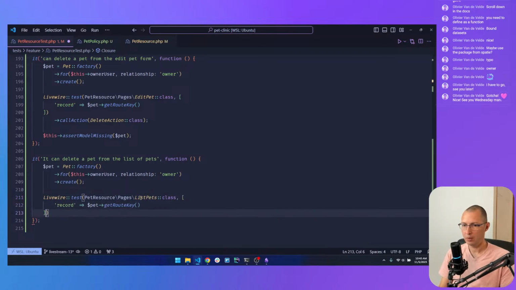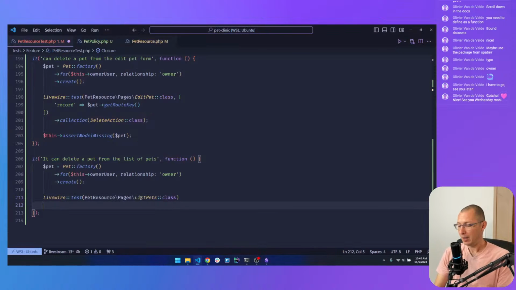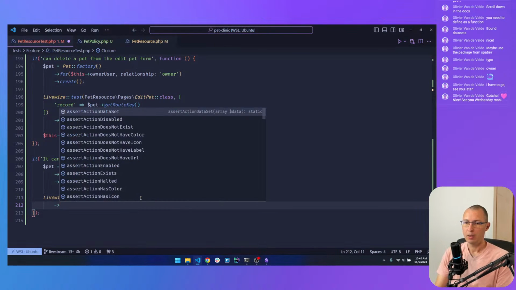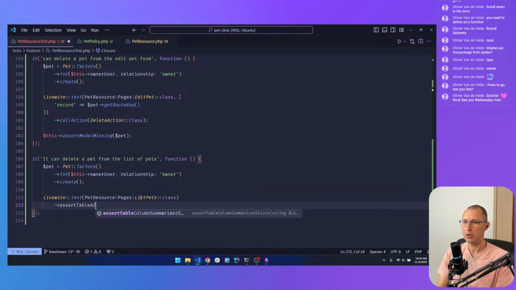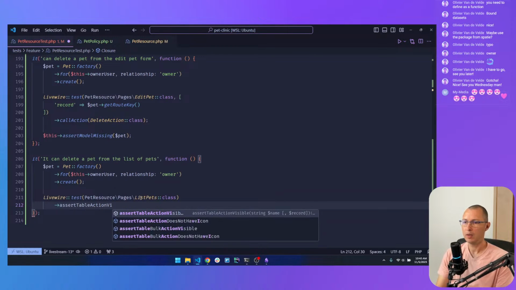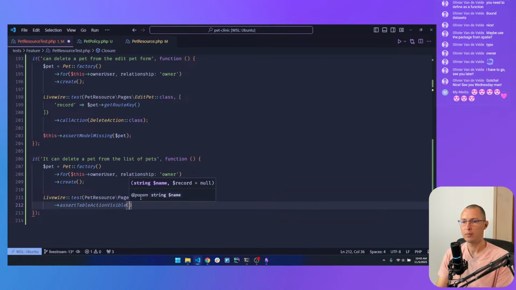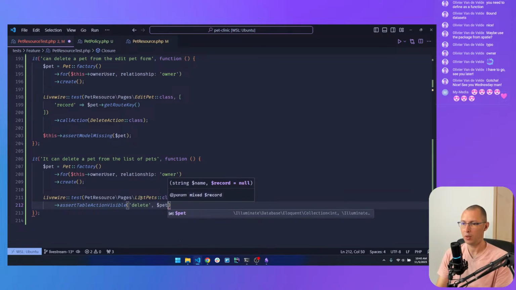We don't need to pass any records to this. And then, first of all, assert table action visible. This will be delete, and we provide the pet record.